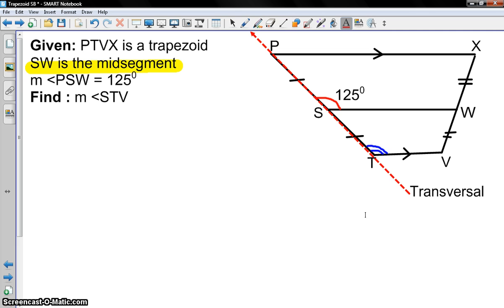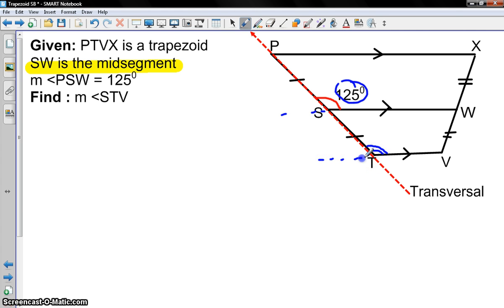Now we know that a transversal is a line that actually cuts the two parallel lines and forms congruent angles. Now remember those alternate interior, alternate exterior, corresponding angles? This is exactly what we're going to talk about. One thing though, since this is a midsegment, that means it's also going to be parallel with the other two. So let's take a look at the red angle right here, which is 125 degrees, and this blue angle right here, which I need to find. So by looking at those two sides right here,